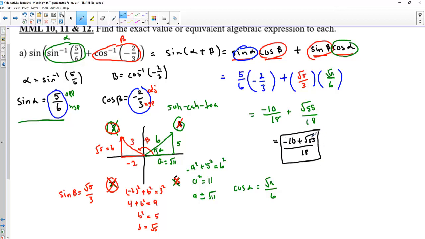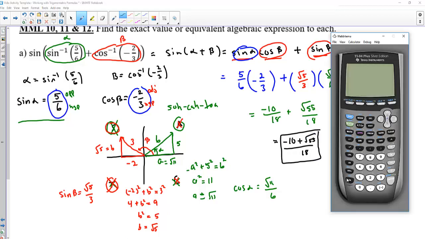And so now to check my work, because it's easy to make a mistake on these, I'll take out my calculator, I'll turn it on. I'm going to clear this out, and I just plug this in: sine of, second sine, so sine inverse of 5 divided by 6, in parentheses for the sine inverse, plus second cosine to pull up the cosine inverse, negative 2 divided by 3, in parentheses for the cosine inverse, in parentheses for the sine, hit enter, it spits out this answer, and then I want to make sure that it's the same as this one